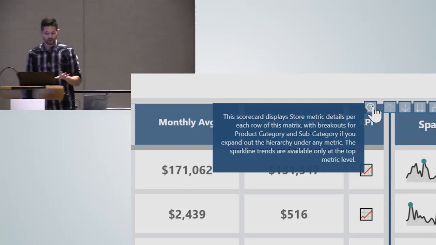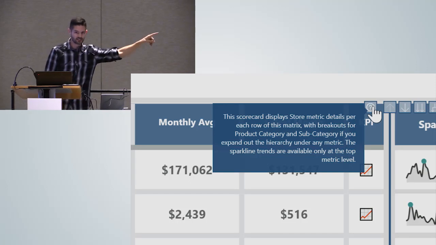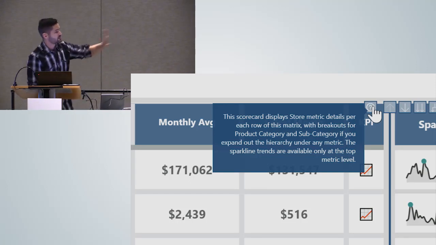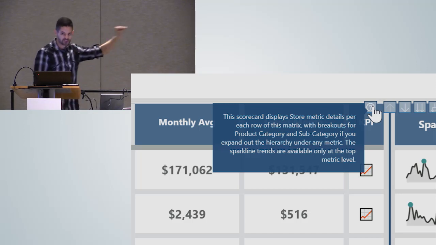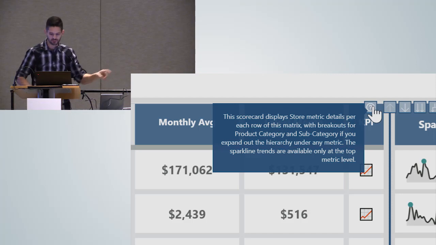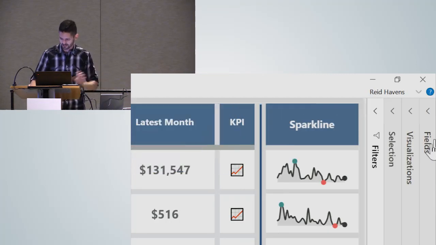So before I even get into the scorecard, this is one of my favorite things to come out in the last three months. I just want to show you where to turn this on because it's super helpful. And I don't have to layer a custom visual anymore. I don't have to add little bookmarks with pop-up windows. It's super easy just to have this built into the header. And this can be done per visual. So I will just quickly demo this just as a little technique.